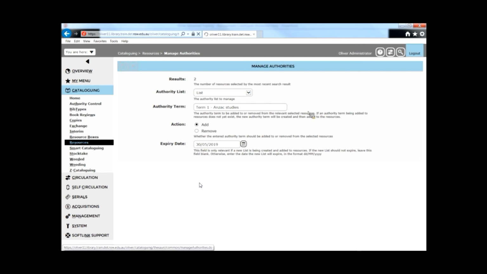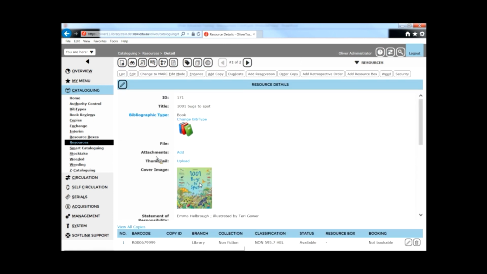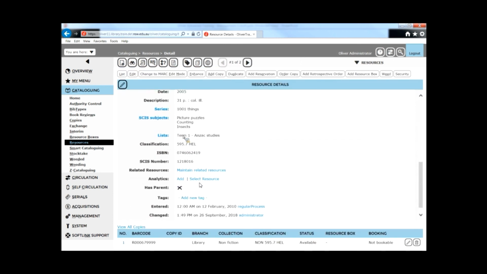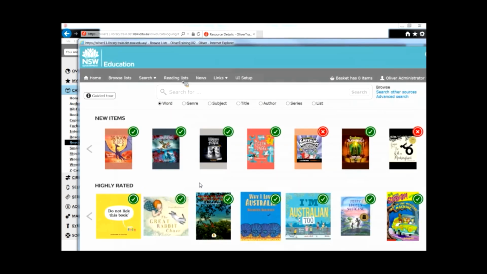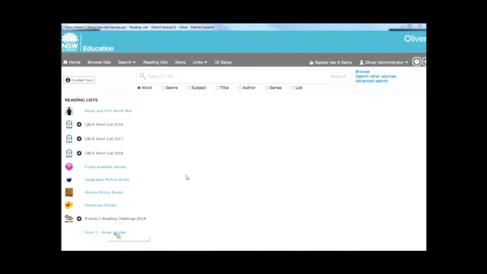So they've been attached. If I click on one of those records, such as 1001 Bugs to Spot, and scroll down a little, you'll see there's a list called Term 1 ANZAC Studies. Lists are available for anyone to view. If I go to the search screen in the top right hand corner where the magnifying glass is, if I click on Reading Lists and scroll down a little, there's a reading list there called Term 1 ANZAC Studies. If I click on Term 1 ANZAC Studies,